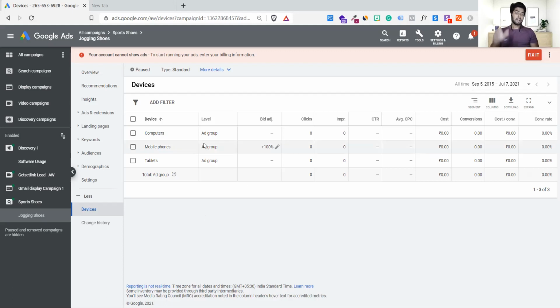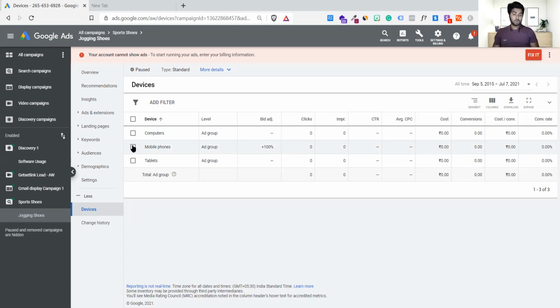Correct. Three device types are available. Now it's your job to decide where you want to spend your money, because this is a search ad. And in a search ad, don't exclude any device, because everyone who is searching is equally treated. They also have potential to be a lead for us, or maybe a sale. So you better don't touch anything.